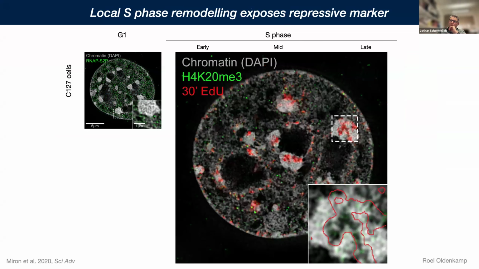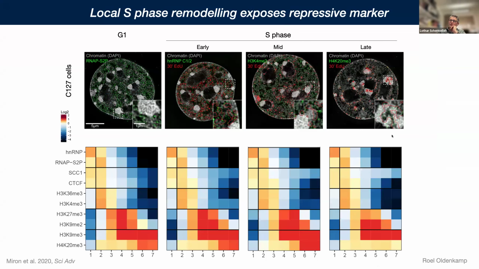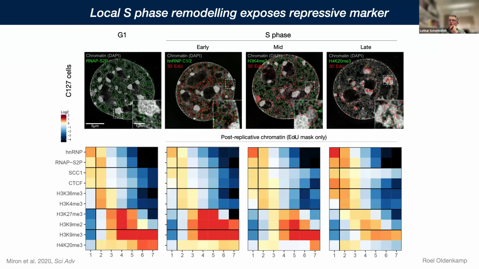And when we do our mapping of histone marks onto post-replicative DNA, then we globally don't see that many differences, although there's some interesting changes, for instance, in cohesin depletion, but I don't want to go into detail. But if you look at post-replicative chromatin only within these masks, you can see that suddenly